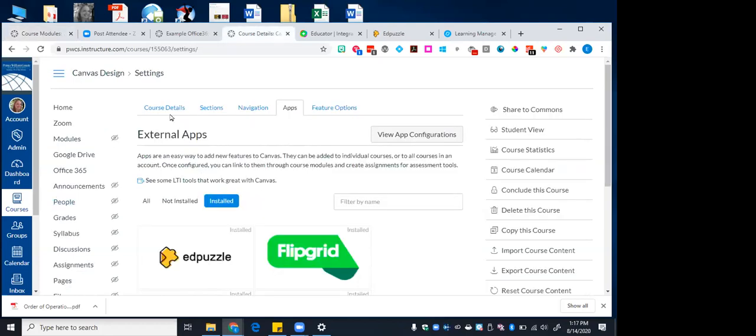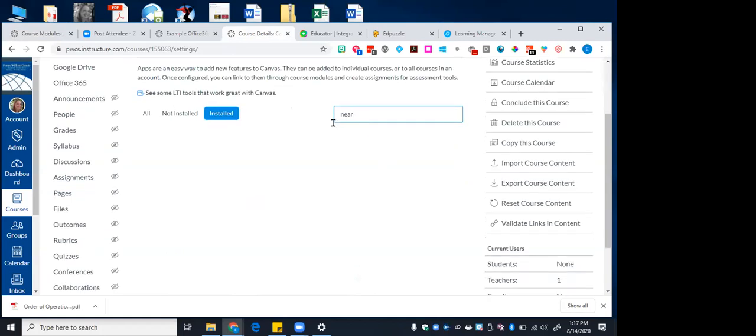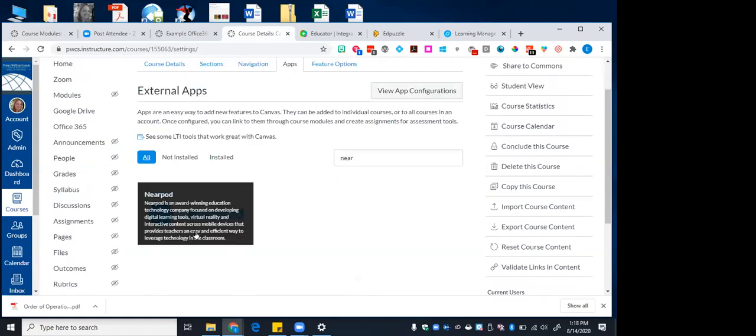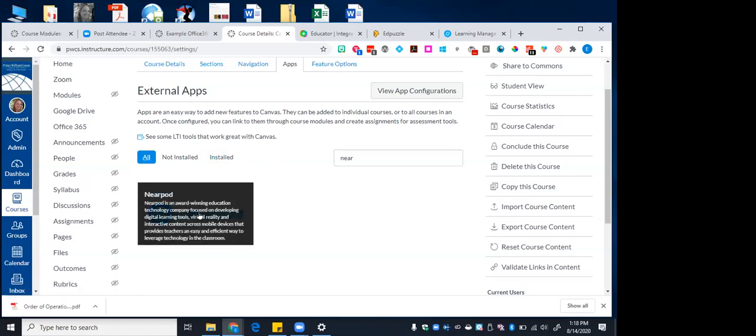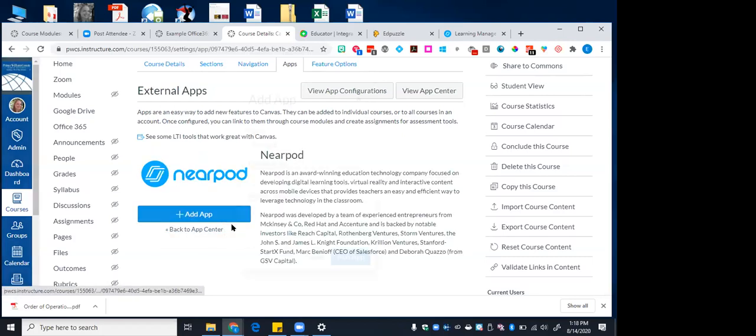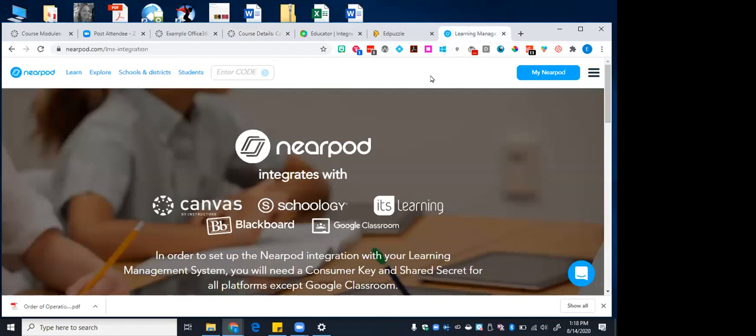It starts by going to your settings and going to apps, searching for the app that you want to integrate. I had installed selected, which is why it didn't appear. So I needed to click on all. So I can see Nearpod, and I click add app. This is the one place where you're not actually going to your account to start integrating it. Instead, you need to get to this website,